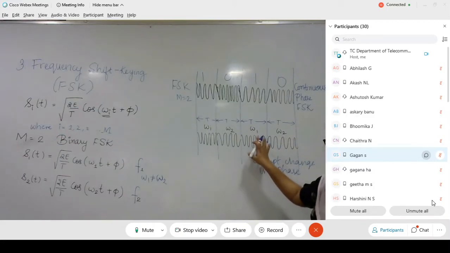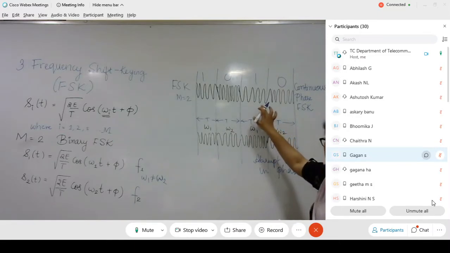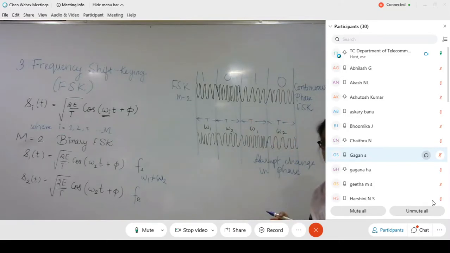So this is a simple FSK, normal FSK. The type of FSK signal where the phase of the sinusoidal wave is maintained throughout the transmission is called continuous phase FSK. This is simply an FSK waveform. I hope this is clear. There are two types, and we still have to discuss the detection methods. I have just given you the headings, so that we will come to them later one by one.